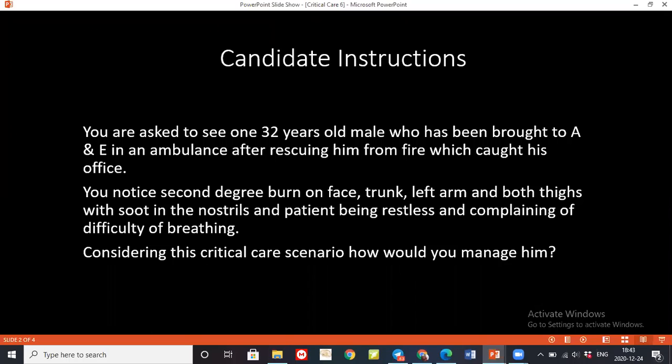And in breathing, I'll make sure the patient is having adequate ventilation. Patient does not have any kind of chest full thickness burns. Like here it has been mentioned that the patient has burn on the upper trunk, I guess. So I make sure that it's not circumferential because it might impede the pulmonary ventilation. And other thing is basically maintain two large bore IV cannulas and start hydration, send the blood for cross match, and see the other associated injury along with it, because there might be any kind of trauma in resuscitating the patient from the side of the fire.